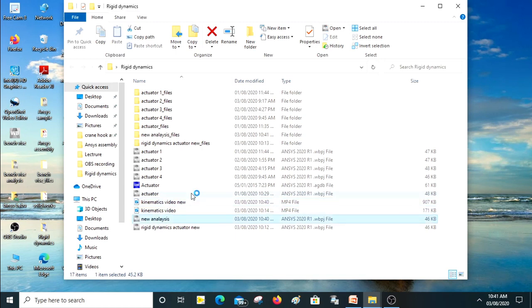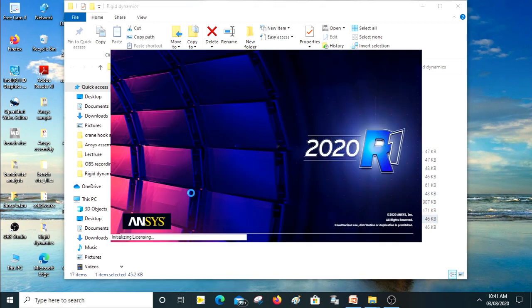I will just double click and see whether everything is there, so basically make sure you are saving your project file, and all these things I'm doing in ANSYS 2020. To those who are having lower versions, the interface might be slightly different, but the commands, everything is same. Now you will have to just look for the separate tools that are there inside it. But ANSYS 2020, in my opinion, is very simple and very user friendly. You can also try it. It's easily available on the ANSYS website. Under the students section you can download it. The file size is around 5.4 GB, and they give you to use it for 1 year.